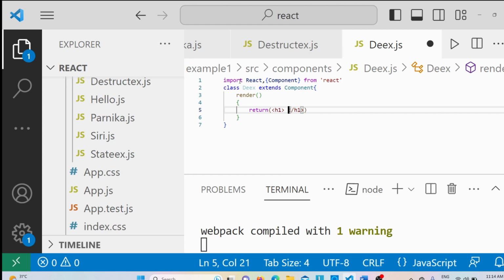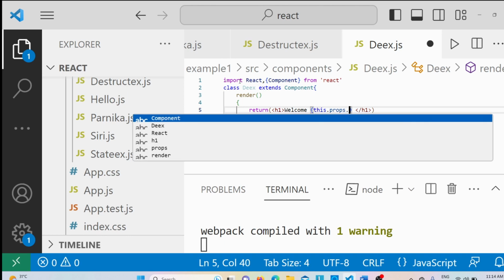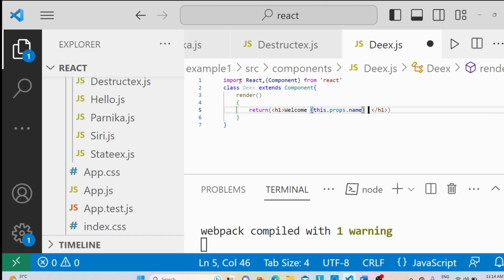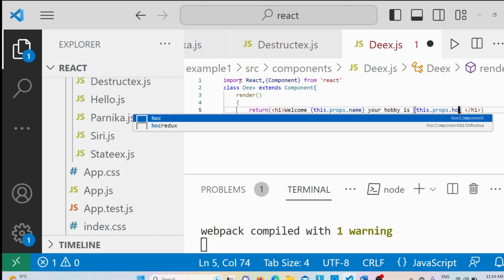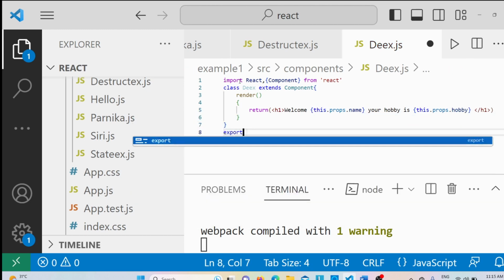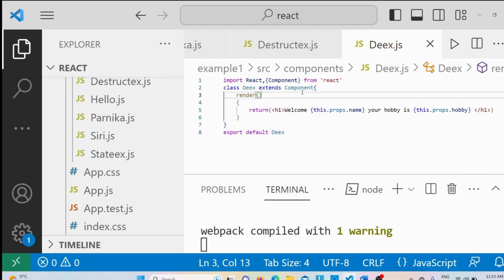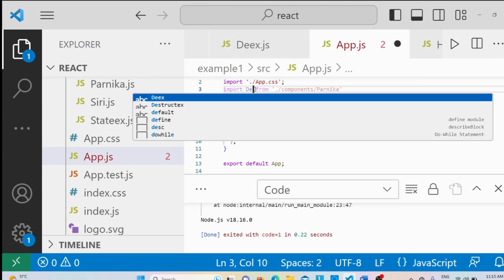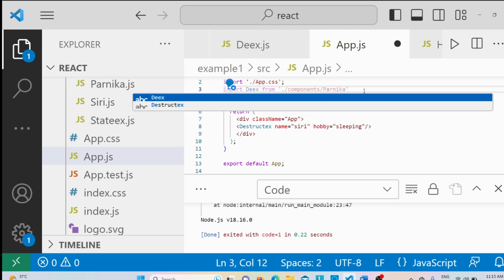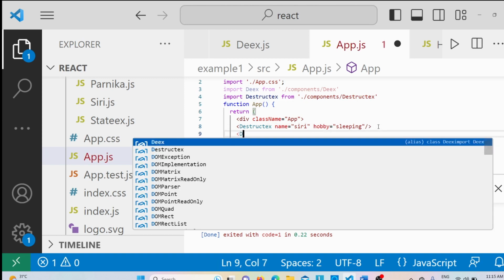In the h1 tag let me write welcome this.props.name, your hobby is, and then again I will write this.props.hobby, and then I will write export default Dex, and let me save this one. Go to the app.js and then let me write import Dex from components Dex, and then let me write here